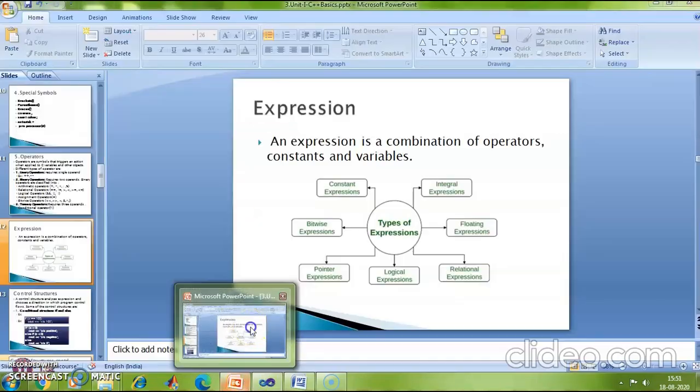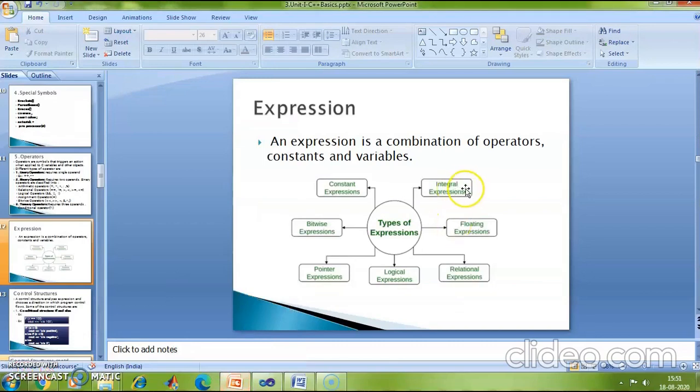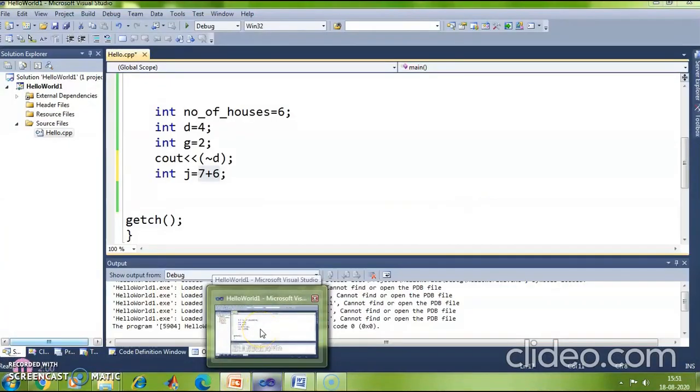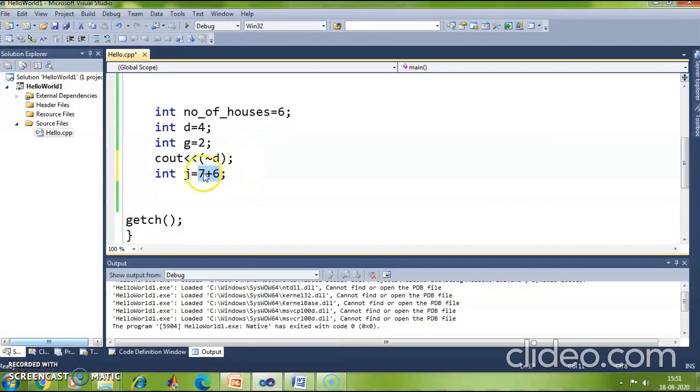The second type of expression is integral expression. In this case, we have the operands of type integer. So which are the operands of type integer? D and g, right? These two variables are of type integer. So what type of expression is this? It's an integral expression.